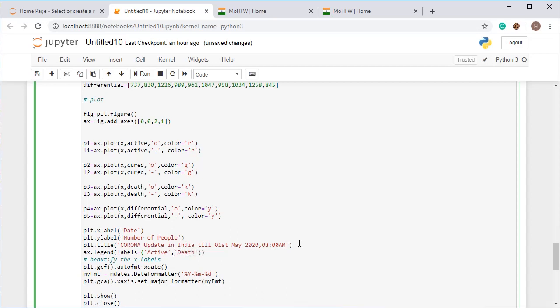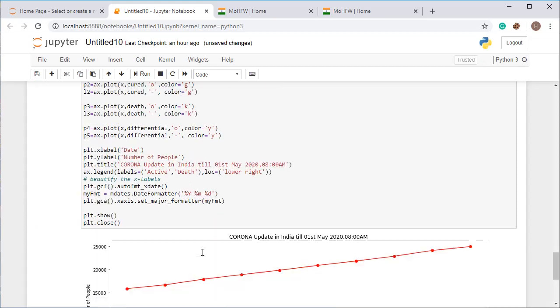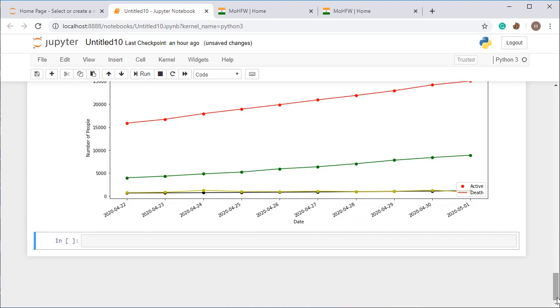I'm just passing two labels first, then we will be going for the other thing, that one is location, and location will be what I want it in lower right, means at the bottom of the picture, so it will be showing you the value like this.